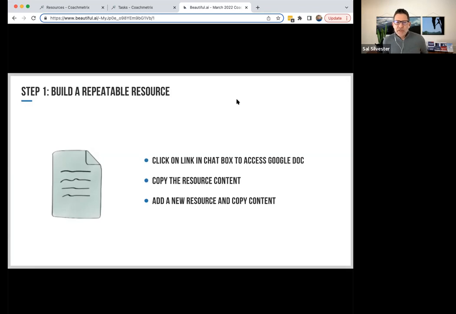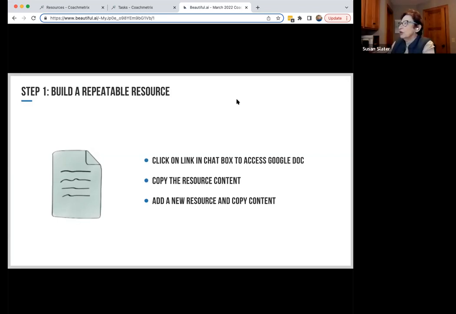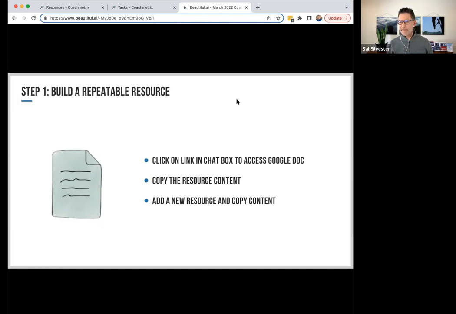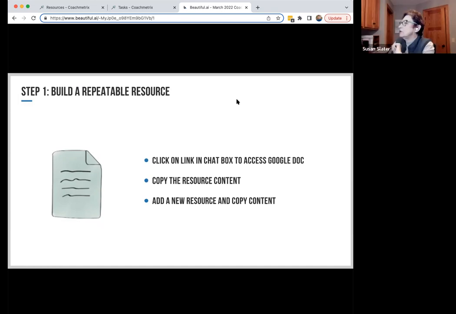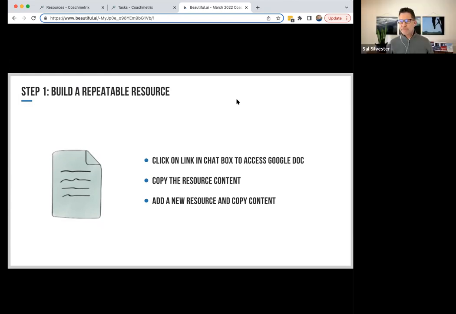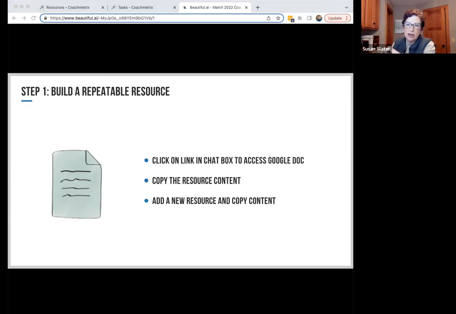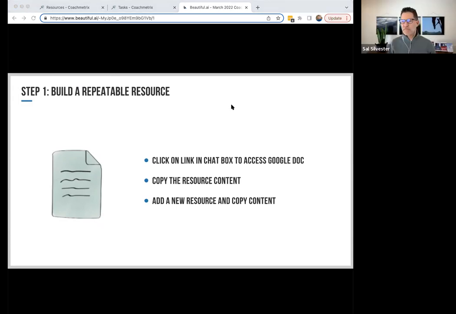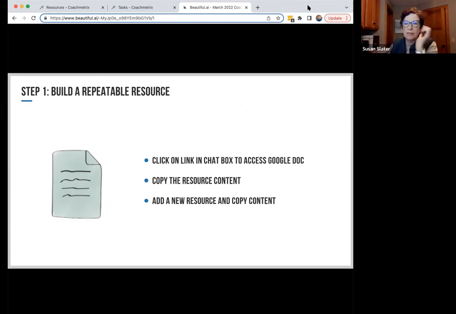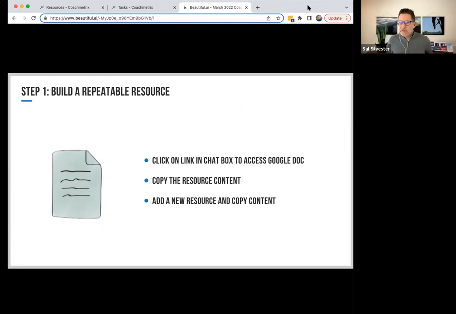Susan, are you using any resources in your coaching practice? Yeah, I was just actually looking at them. I've got my desktop right here. I've used specific articles. I've stolen your welcome kit and things like that. But overall, I have them. I don't use them as much as I should. I've been, let's put it this way, toying with them. Okay. Well, let's toy with them a little bit more.